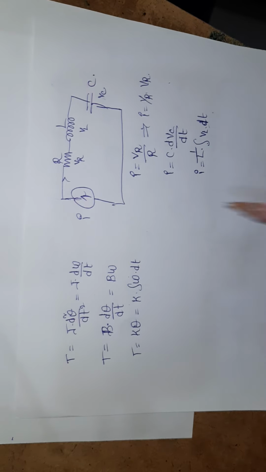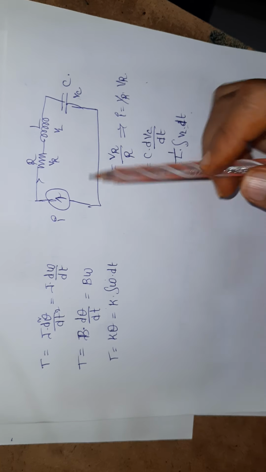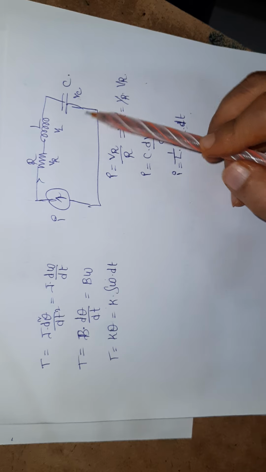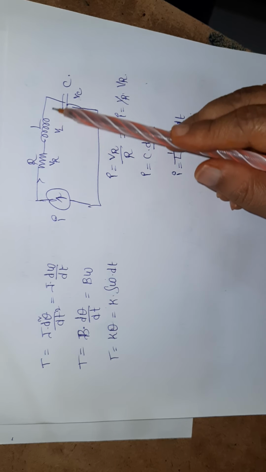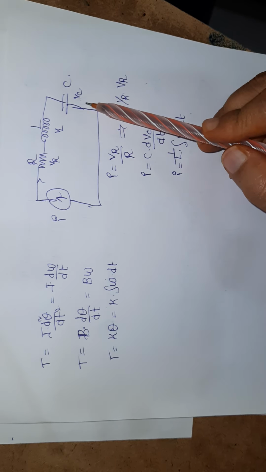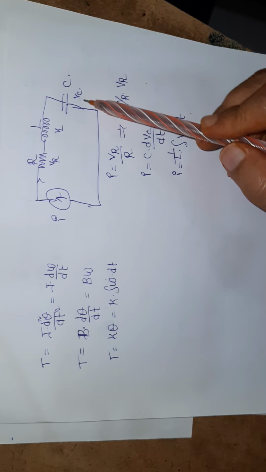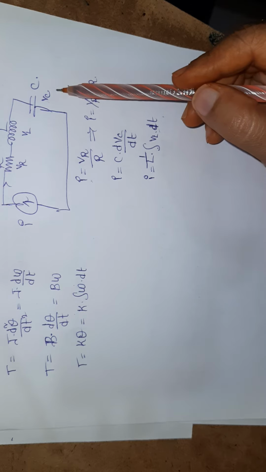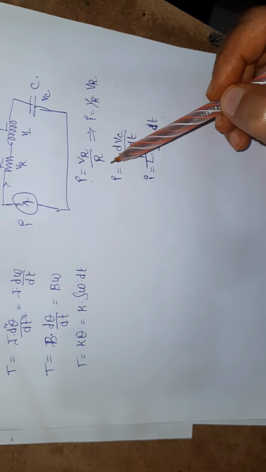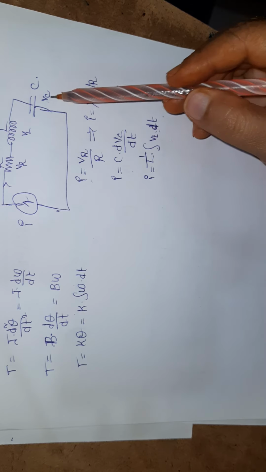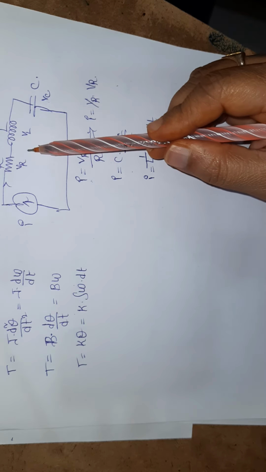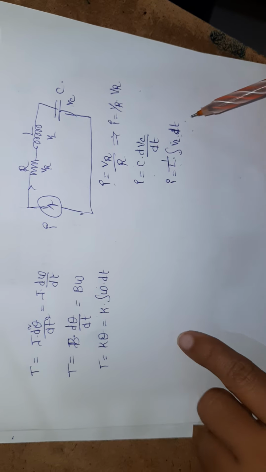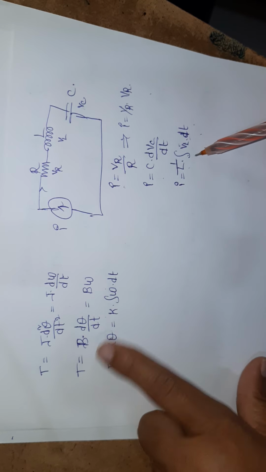Similarly, you have to draw the torque to current analogy. In the current analogy you have to consider RLCs in series. If these three are in series, the same current will flow through them. That current is nothing but I. Apply Ohm's law for each and every element. I is equal to VR by R. I is equal to C into dVC by dt. And I is equal to 1 by L integration of EL dt. Now compare these with this.